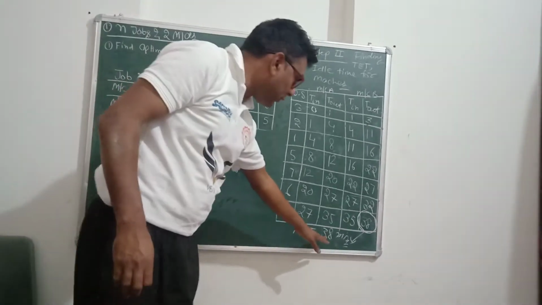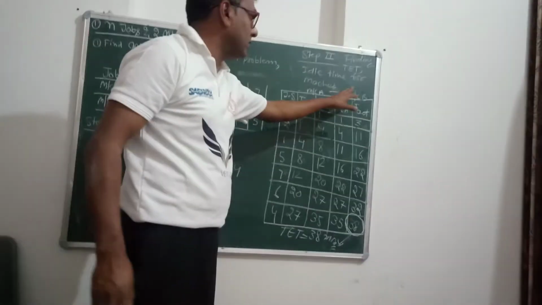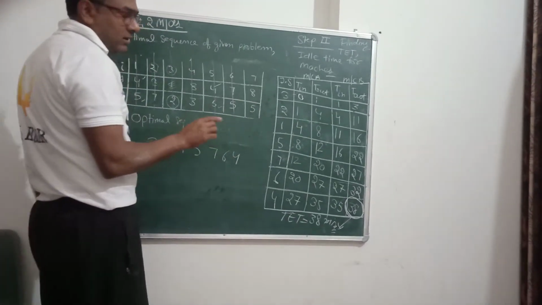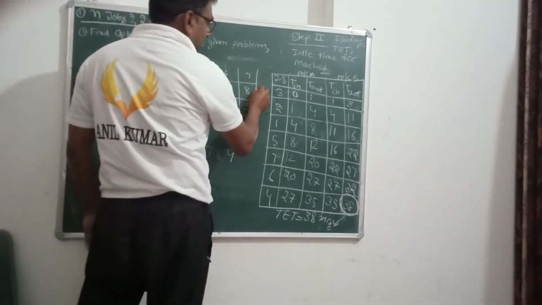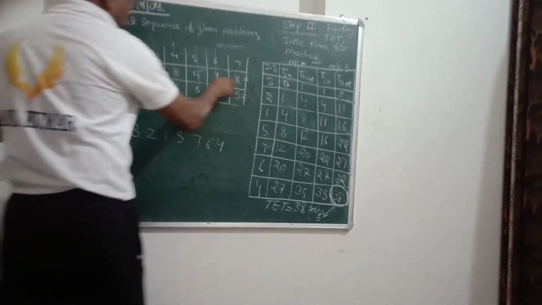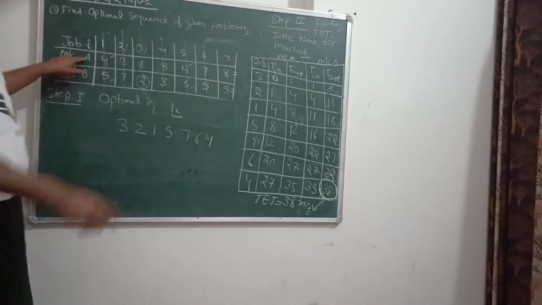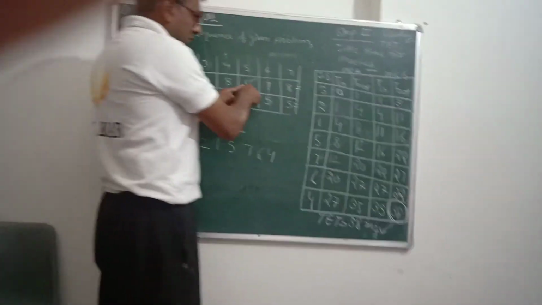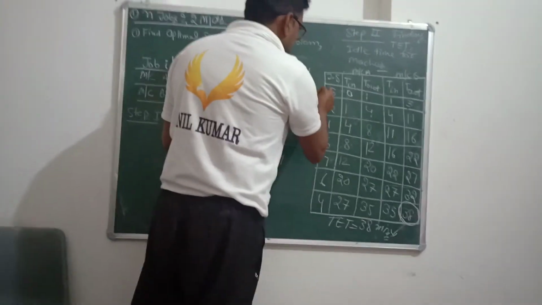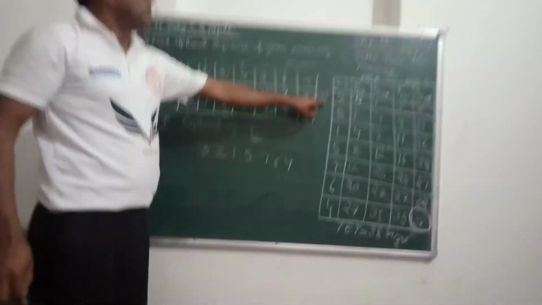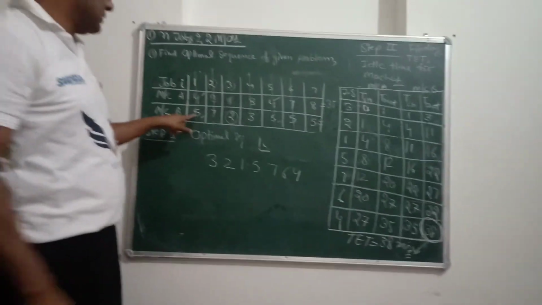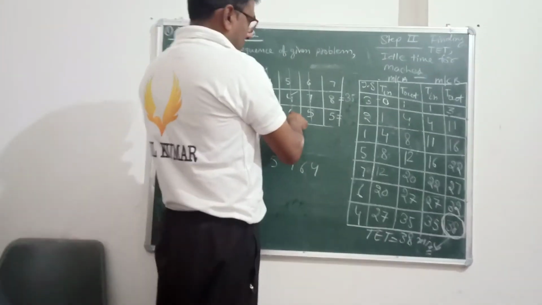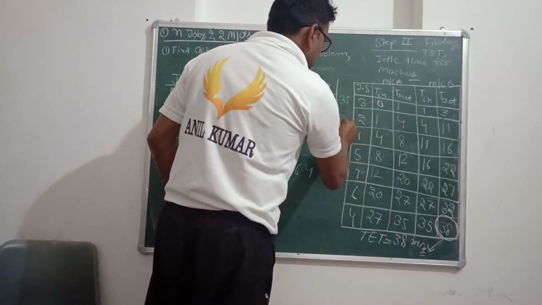Now we can also find the idle time for machine A and machine B. How can we find it? There are two methods for finding the idle time. The first one is to add the total processing time for machine A. This is 4 plus 3 is 7, 8, 16, 20 and 35. This is the total processing time for machine A. For machine B, it is 12, 14, 17, 23, and this is 33 units.